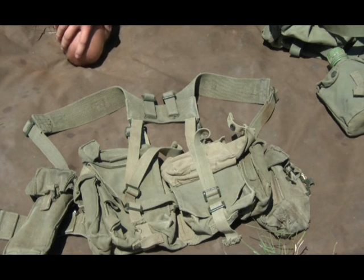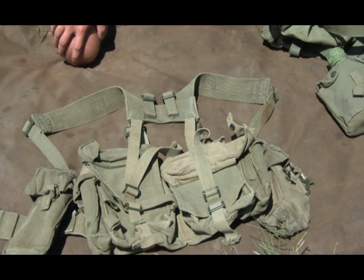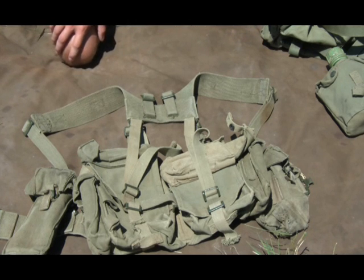Hello guys, the video I'll be doing today is about the Pattern 70 SADF webbing kit. The reason I'll be doing this is because there are no videos on YouTube whatsoever reviewing or explaining this type of setup. The kit itself was derived from the Pattern 58 British webbing, and it was used until 1983 by